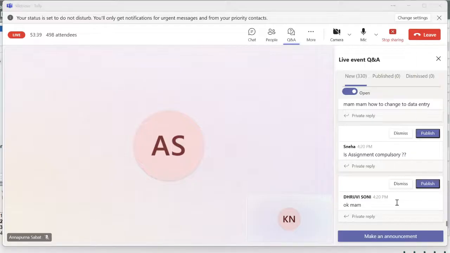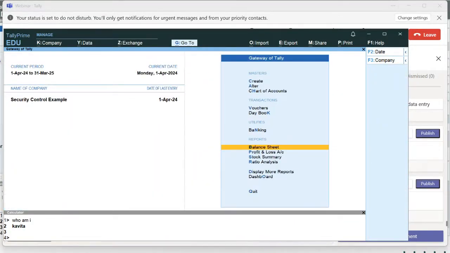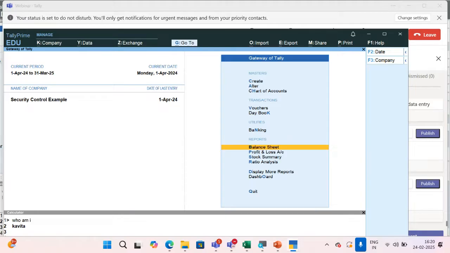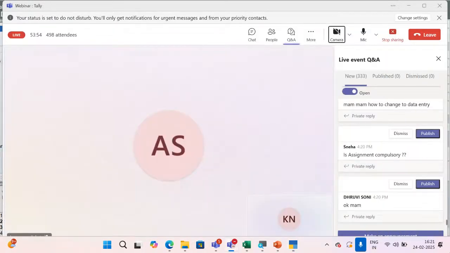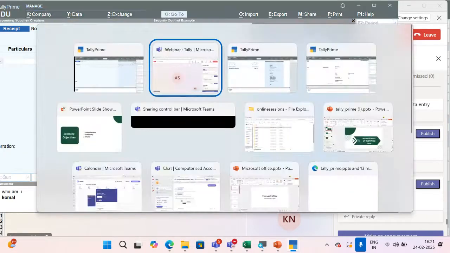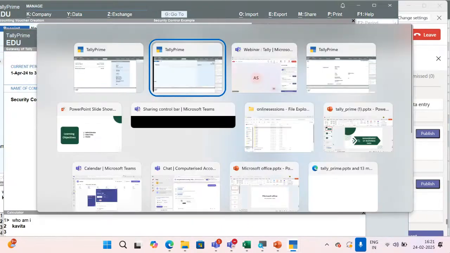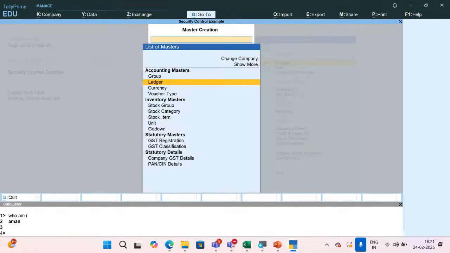Okay, now next. So again, see, Aman passed the entry of capital again, additional capital. Okay, this is Aman. Now again, Aman,